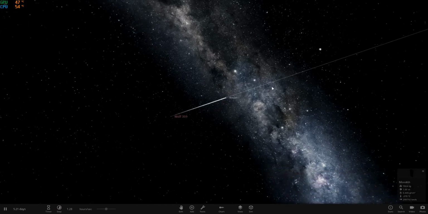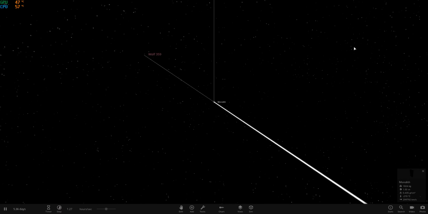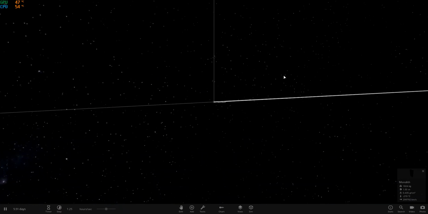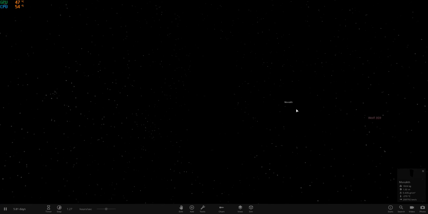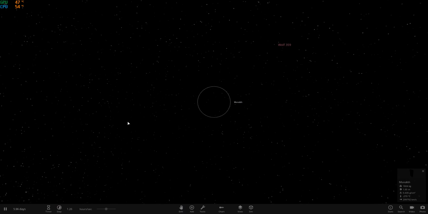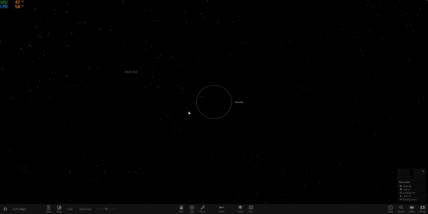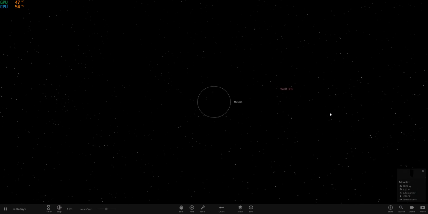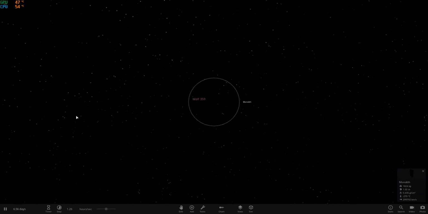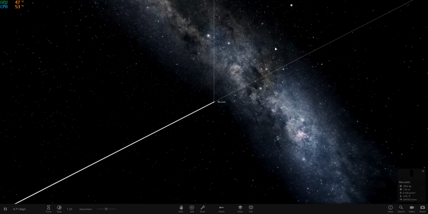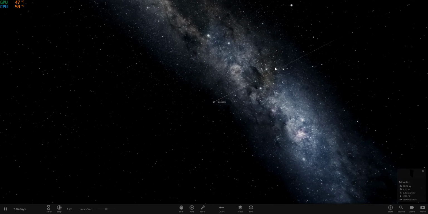Alright, the monolith has just left on its course to survey distant worlds. Yeah, buddy, on it. So already we're moving at the speed of light, but you have to remember this is 30 light years. So this will take 30 years to get from one place. Like, look, it's barely traveled anything.